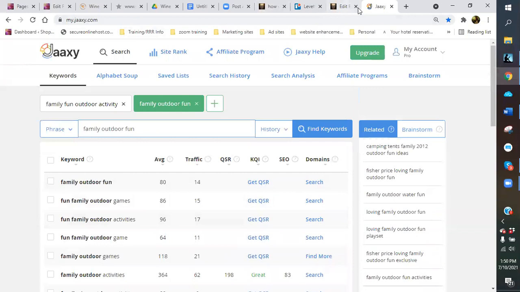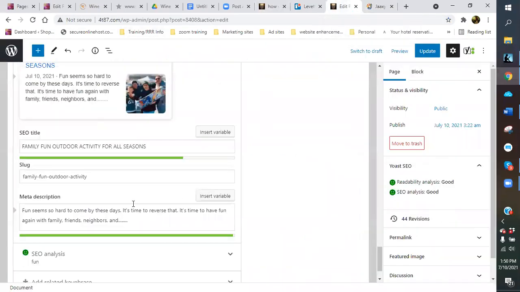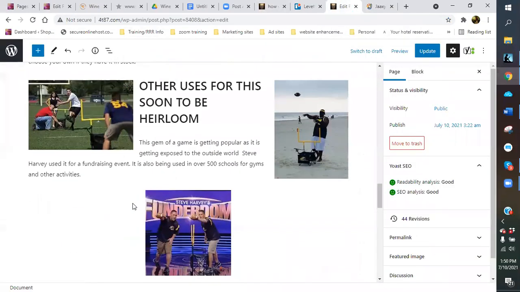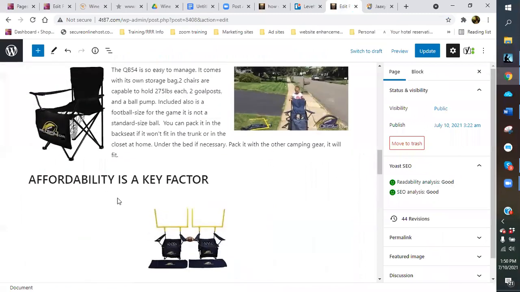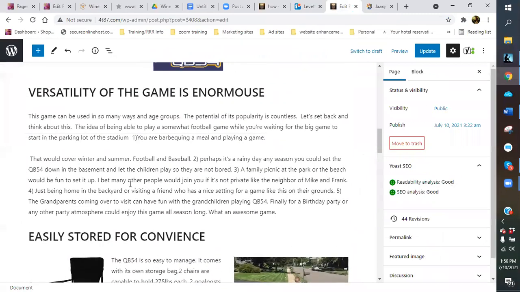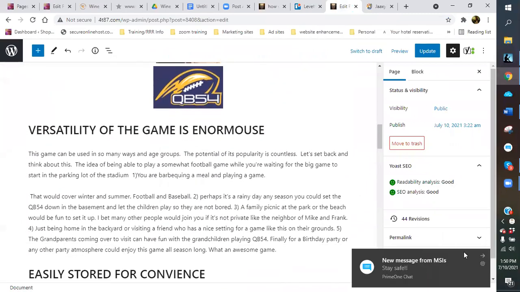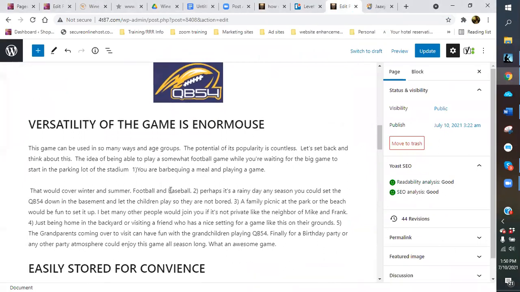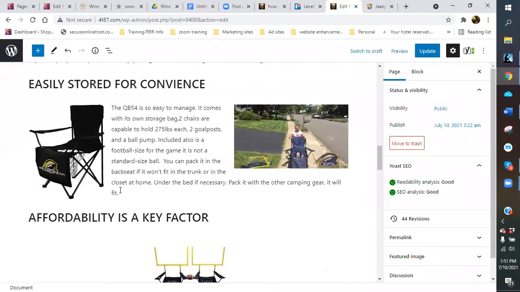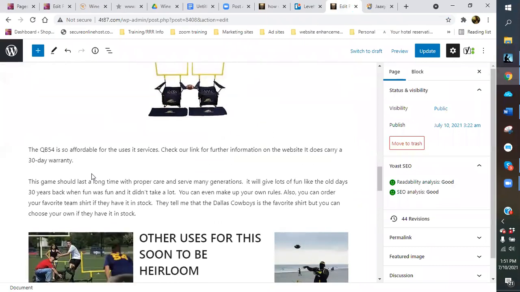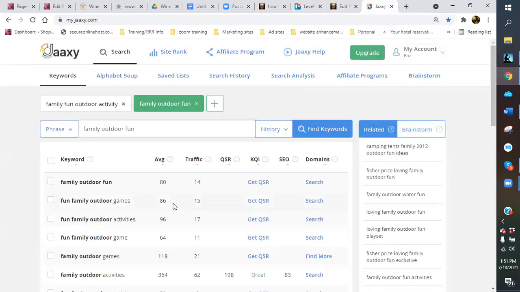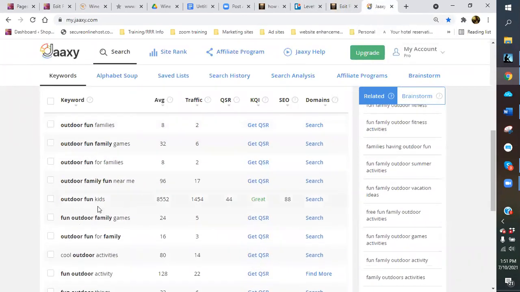So you have where you've talked about family activities, and you've geared this towards family fun. You can actually break it down a little bit more and put a little blurb in here that's geared just to kids and use the family fun, this one that has so much traffic,